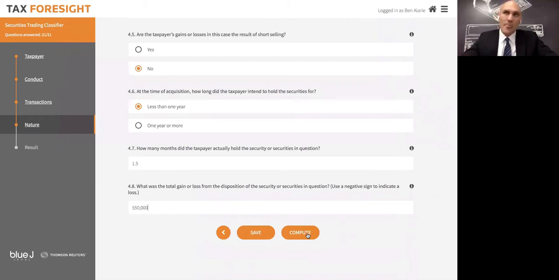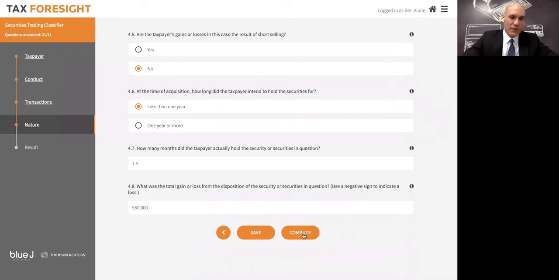So things that go against him, he's an investment professional. He earned a lot of money buying and selling these securities in 2009. And he's got a moderate level of activity. There's certainly people who trade more, and then there are certainly people who trade a lot less. The question is, what does this net out for Mr. Foote? So jot down a number, or if you're honest with yourself, kind of imagine your number. What percent chance do you think this is going to be treated as being on account of capital?